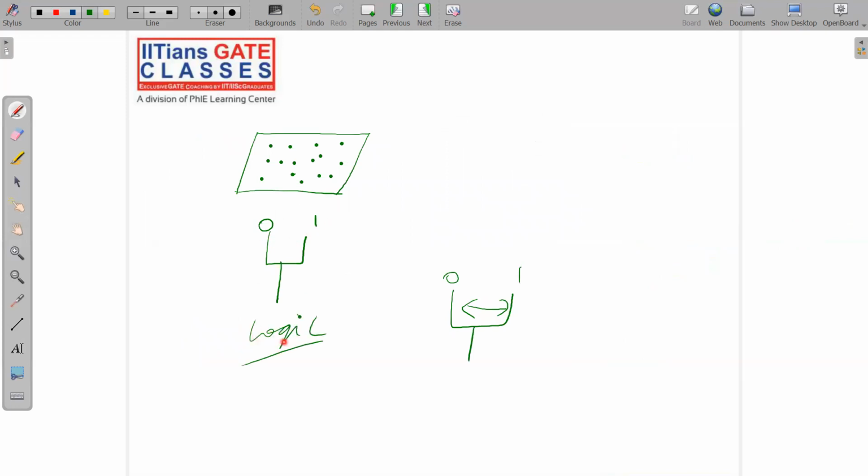So with the help of a fork, you can easily pick these apples. You can easily pick them. Okay, but what if I say on my table I have poured some water? Now with the help of a fork, can you pick this water? No, not at all. That's why logic cannot, you can say logic is incomplete and logic cannot solve each and